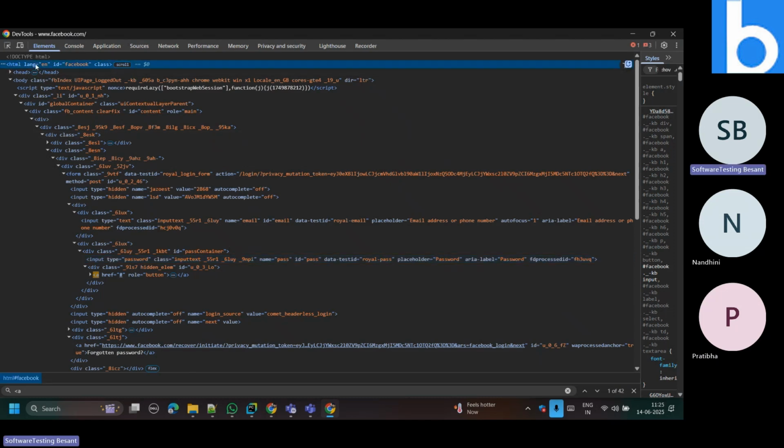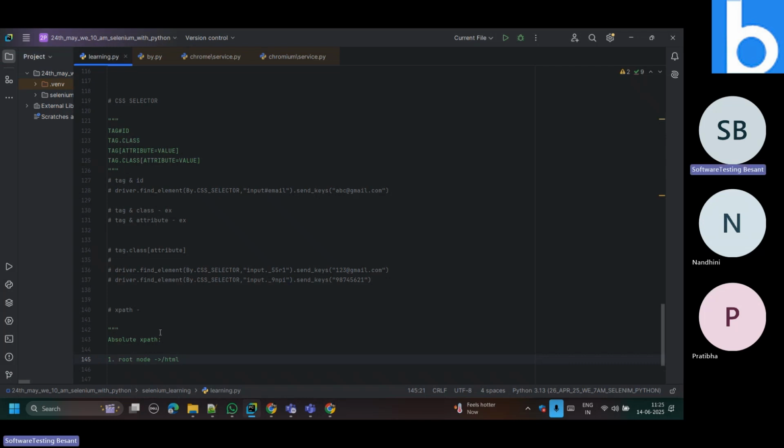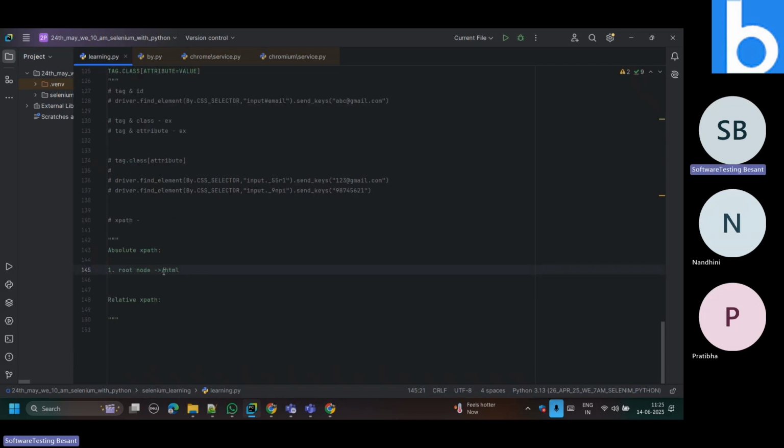So absolute XPath will always look like it starts with \HTML, starting with the root name. Coming to relative XPath,